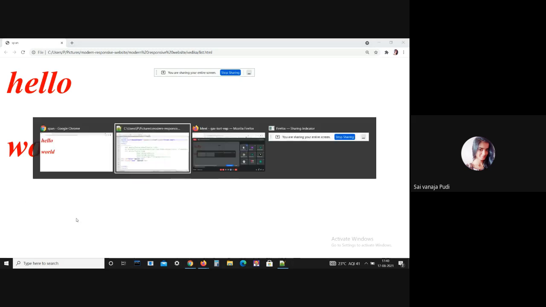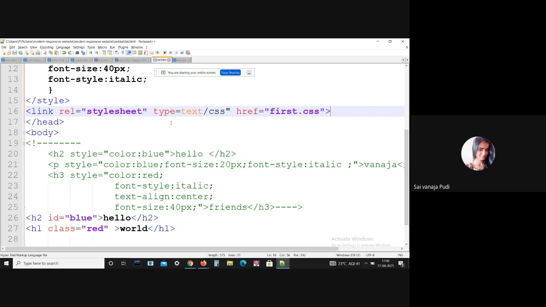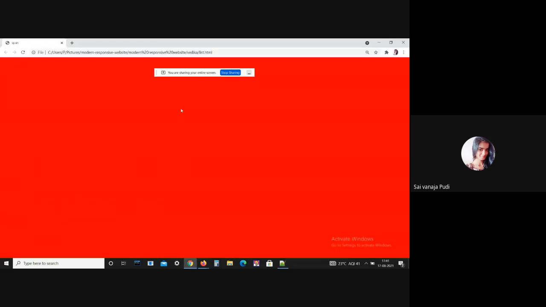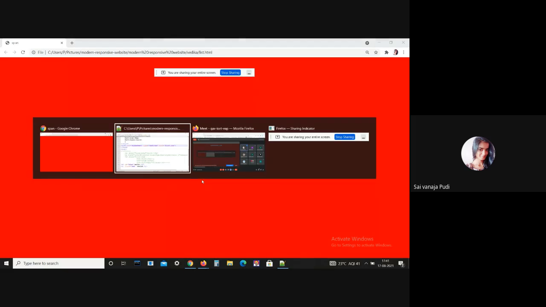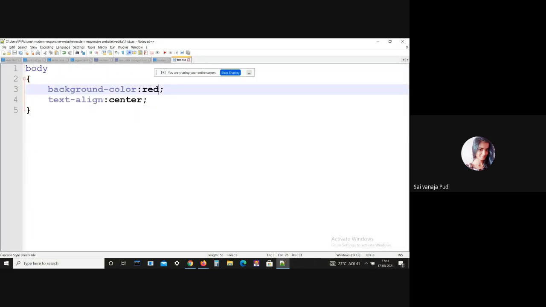The link is not attached. Let me see. Yeah, this is what external CSS means. See, in this CSS file I'm mentioning background color, let me give black.